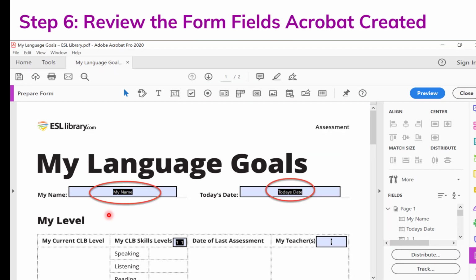And since we left Form Field Auto Detection on, Adobe Acrobat Pro automatically recognized the static form fields in this Language Goals document and converted them to fillable text fields. Half or even more of your work done. To the top here, we see a name field next to my name and today's date next to today's date. You can either keep these automatically created fields, edit or delete them, all up to you.